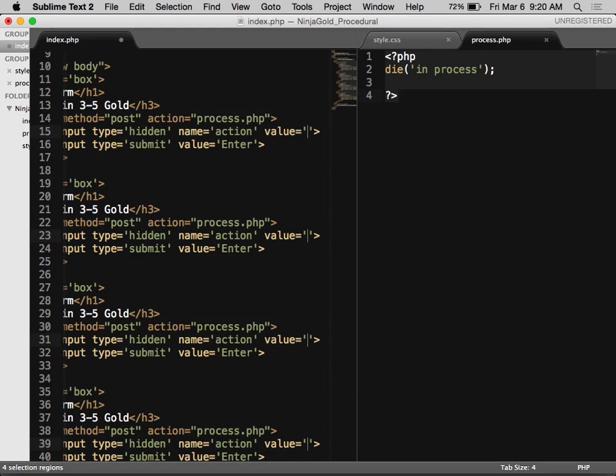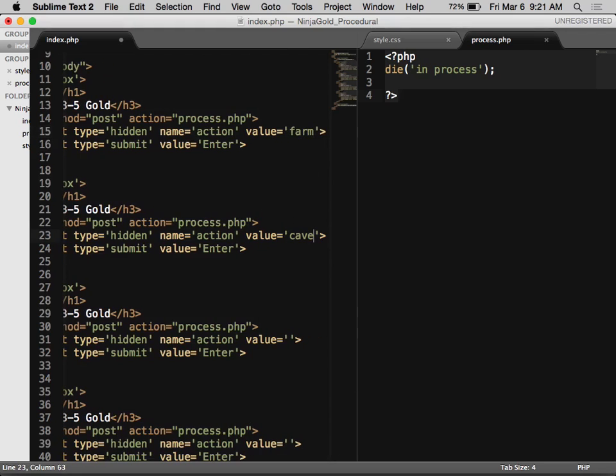Just like I showed you guys yesterday, we could have just used the name, which is the key, and define one as farm, cave, house, and casino. But this is just one extra check to see if it's an action versus a reset versus whatever. Either or. I'm going to do it this way because this is just more the proper way of doing it. So I have a key of action for all of them, which we'll post. And this one will be a farm value, cave,